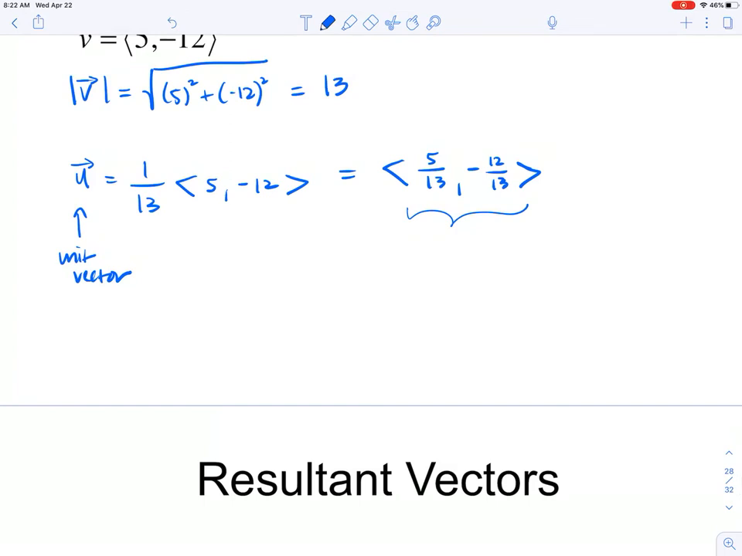And I'm going to stop here, and then in the third part of section